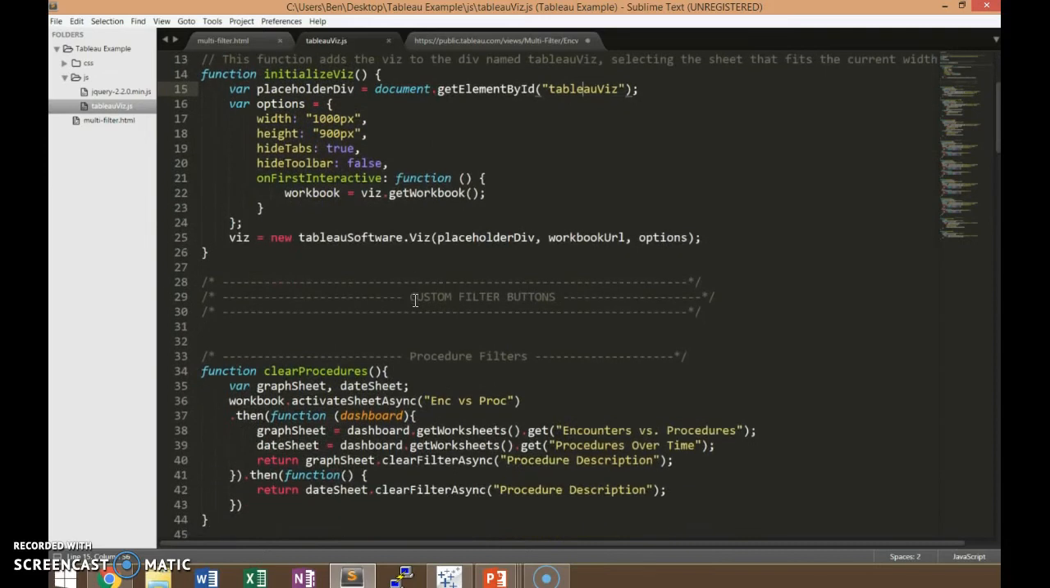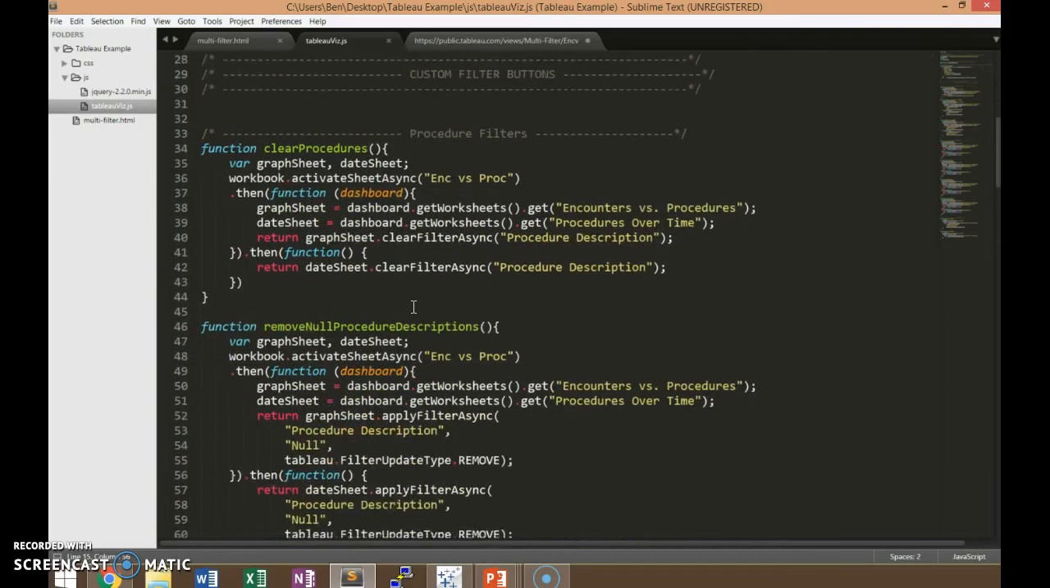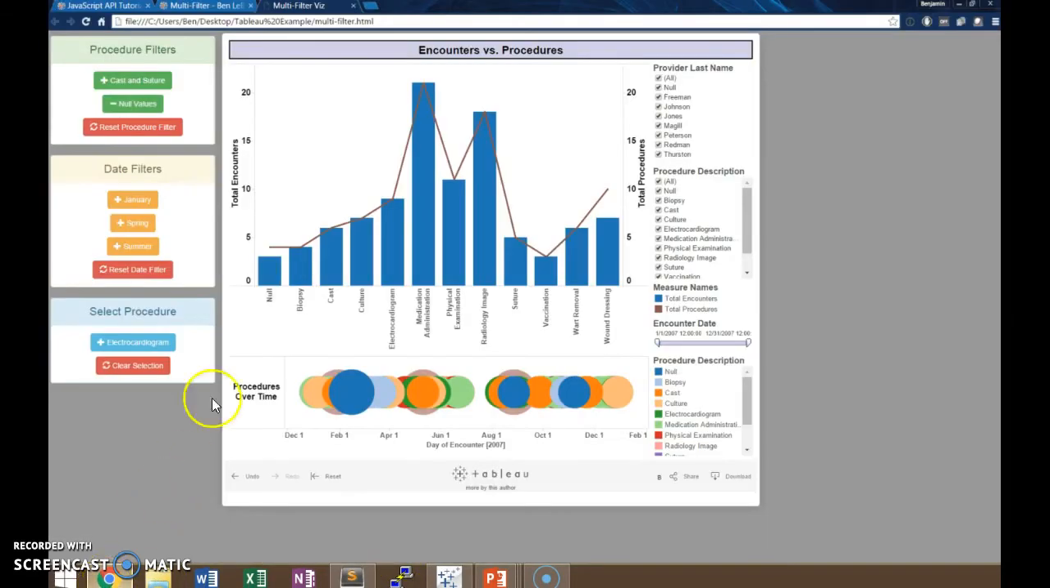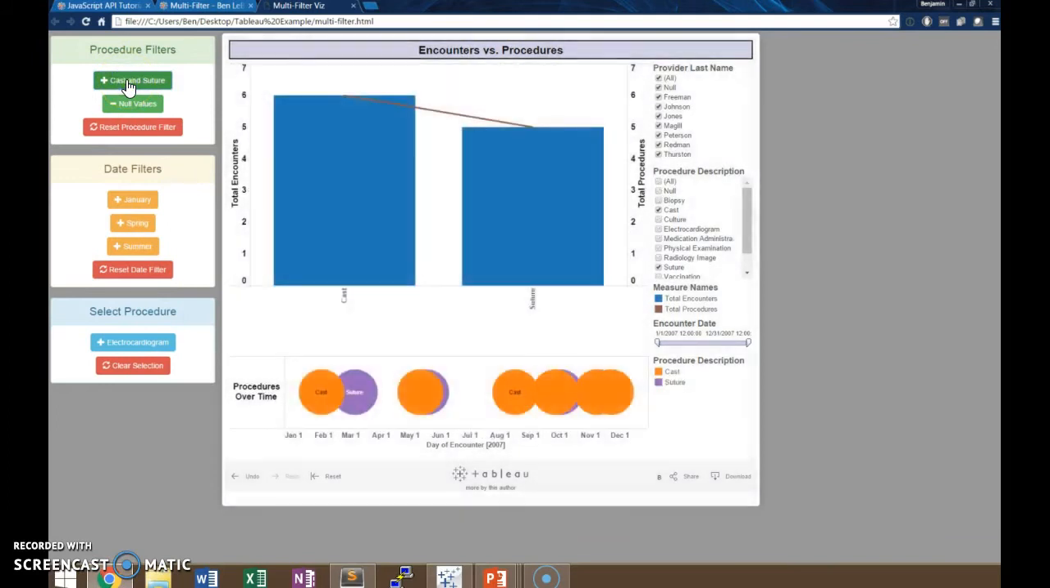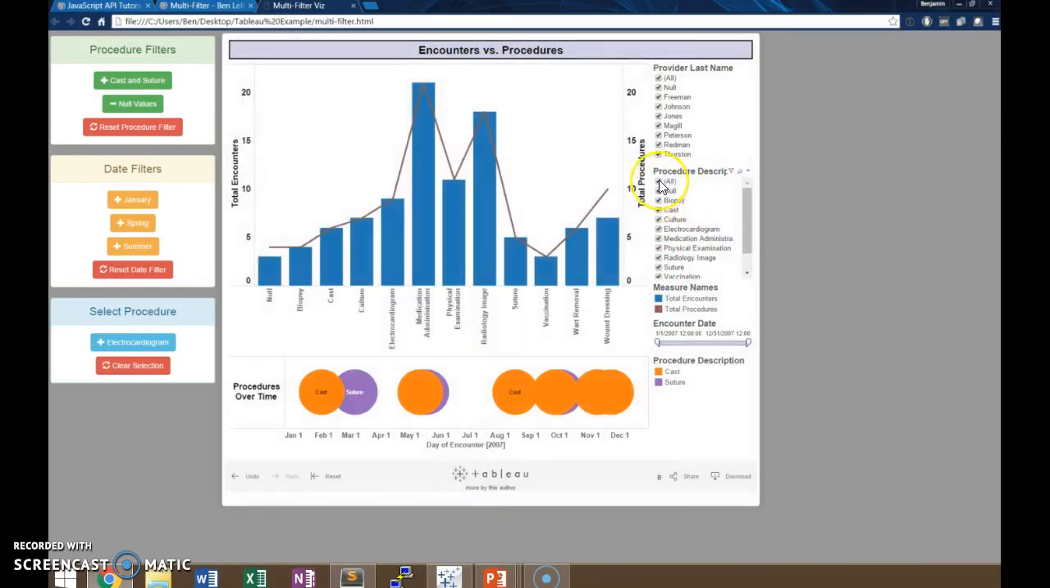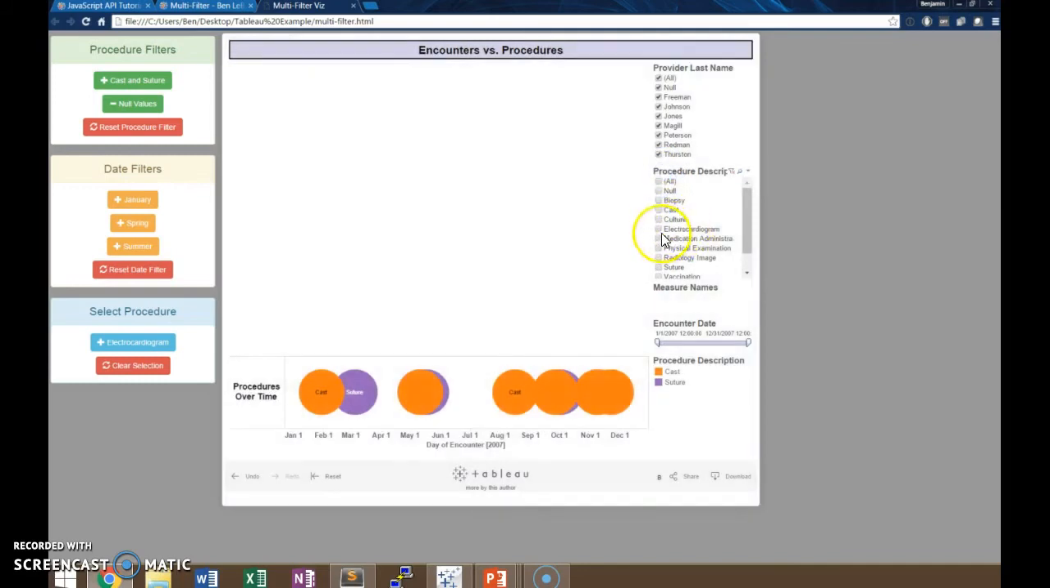So that's initializing the dashboard on my website. But when they click on buttons, over here, they access the filters that are on my viz object. So when I've selected this button, cast and suture, it's going to go over the procedure description and only select cast and suture, rather than a user trying to only select cast and suture